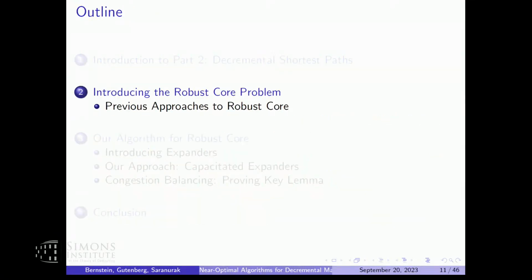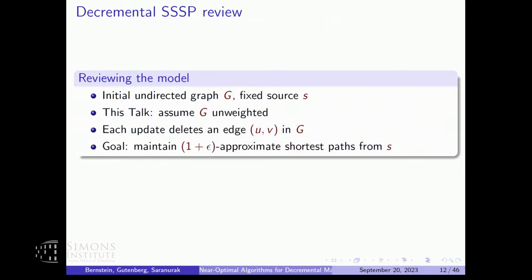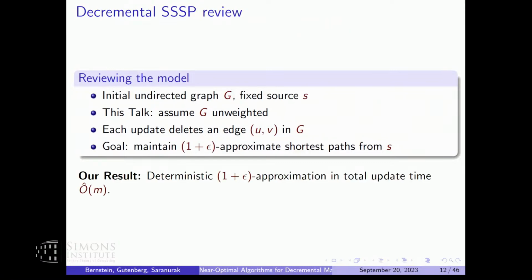Okay, so what I want to do is not tell you the whole result, but narrow down on one part of the result and talk about that part, because I think it's the most interesting part, and also because we solve it using congestion balancing. So again, this is the problem, but I'm going to quickly change the problem to talk about a very specific key subroutine.